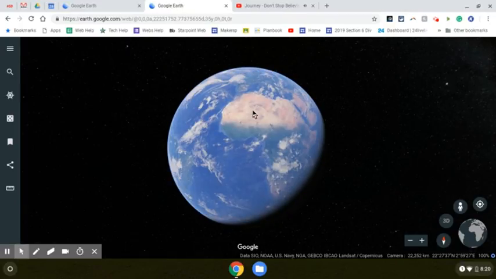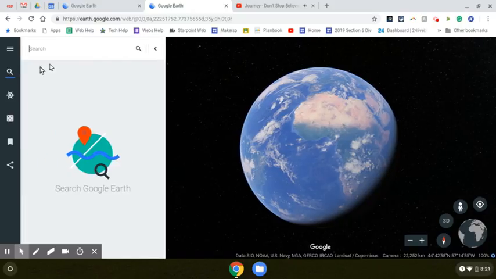So you're in outer space looking down at Earth. You want to figure out where you want to visit, so you can search by clicking on this search tool. It looks like a magnifying glass. It even says search when I scroll over it. So I tap on that, and in the search box where the cursor is, I can type. I'm going to type in Regan